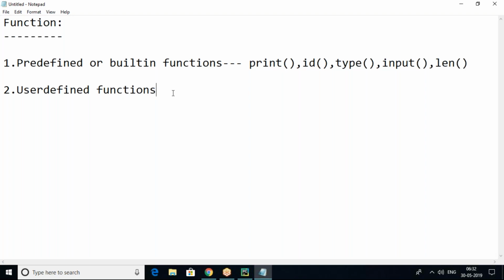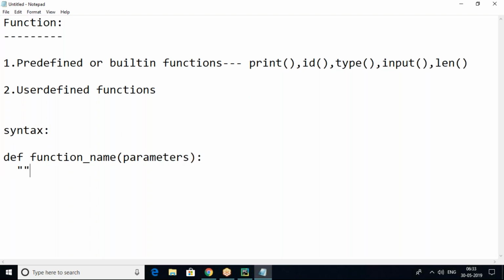How to create a user-defined function? To create a user-defined function, we have to do it like this. There is a syntax to create a user-defined function. def is a keyword. You have to use def to define the function. After that, the function name, then parameters.